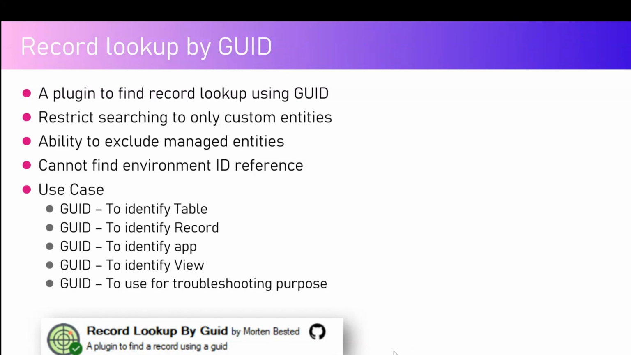Now, if you encounter any errors or warnings, or if you want to know something about that identifier which was popped up by the system during those error or warning events, then it is a useful tool to identify from which record or which table that particular error is getting spewed by the system. The use case is that this GUID is used to identify the table, the record, the app, the view. It is mainly used for troubleshooting purposes, but you can use it for other purposes as well,